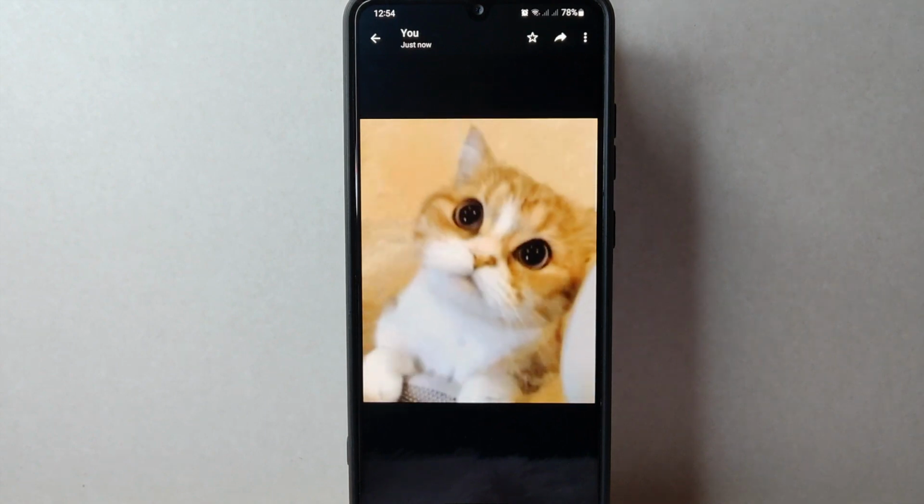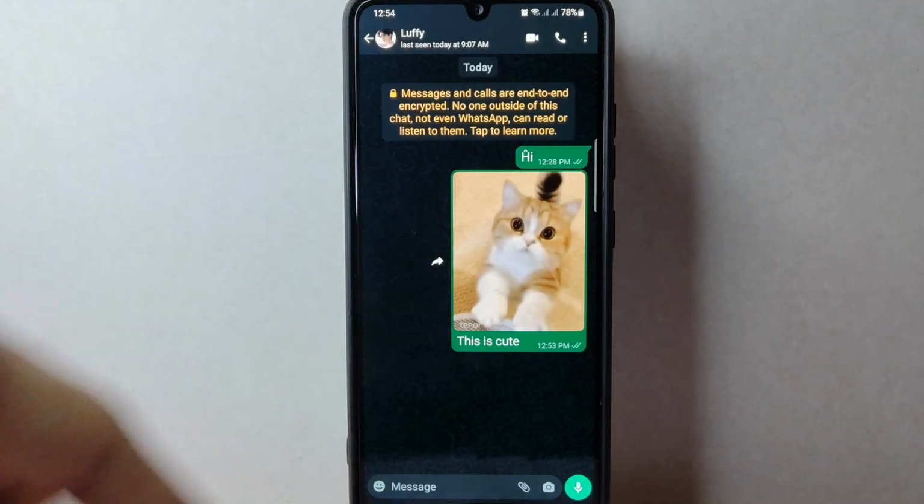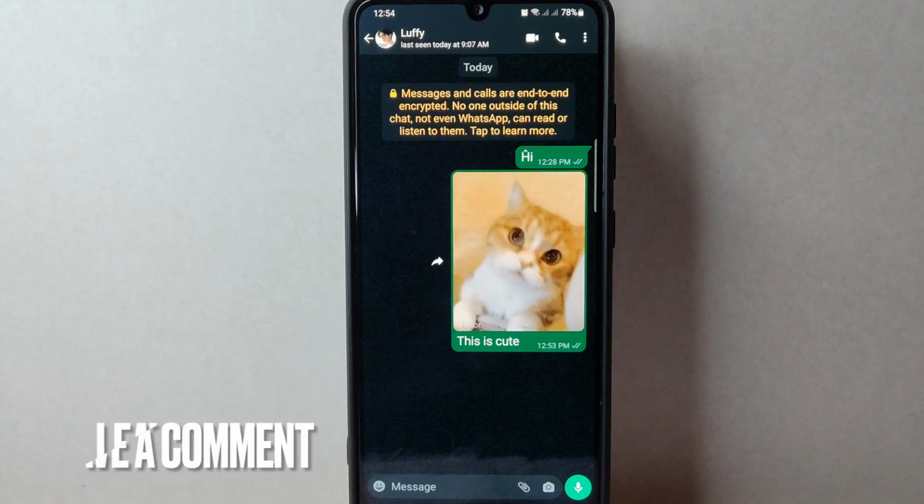There you go. If you wanted to know how to send GIFs on WhatsApp, that is the easiest way I know how. If you know another way to send GIFs on WhatsApp,